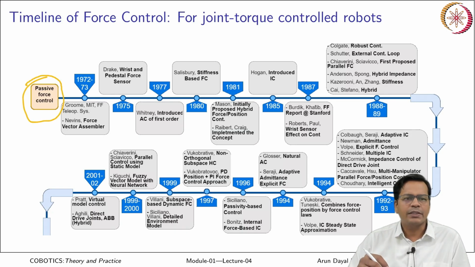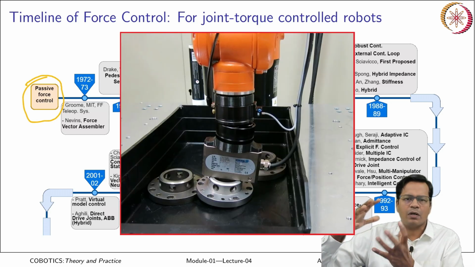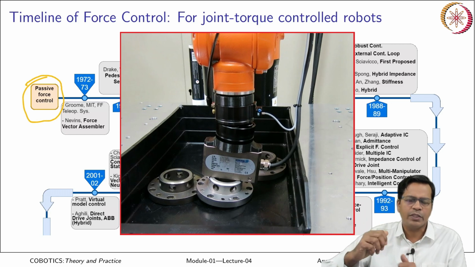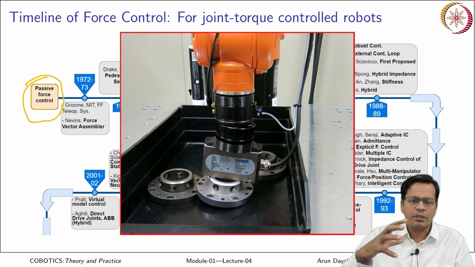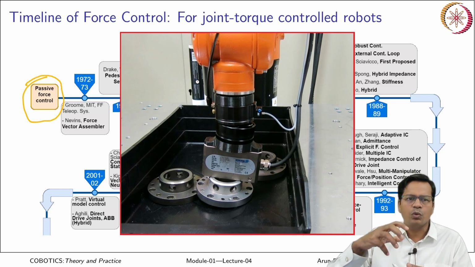So, what exactly is passive force control here? Passive control was a device which was fitted in between the gripper or any kind of end effector tool and the robot flange. So, that came in between. That was compliant. Whatever forces come onto the gripper or the tool, that is isolating the body of the robot from the gripper. So, that intermediate tool was giving it a passive compliance.